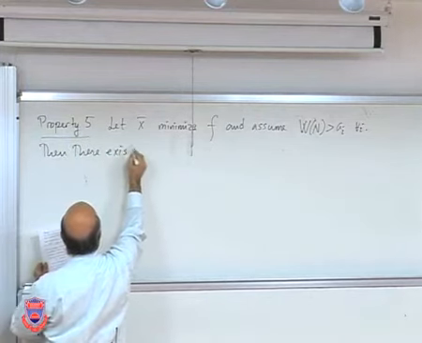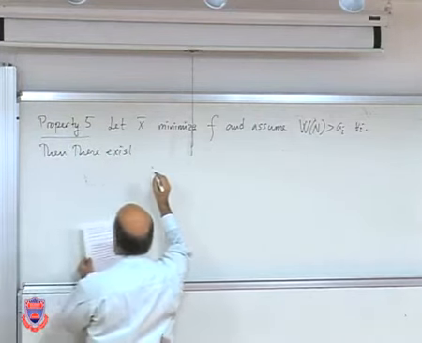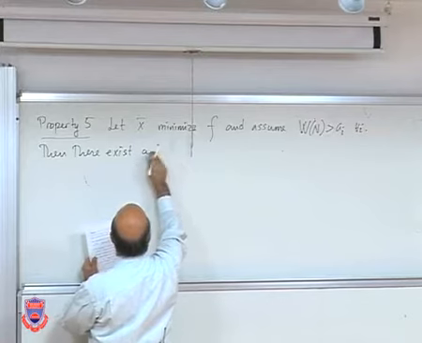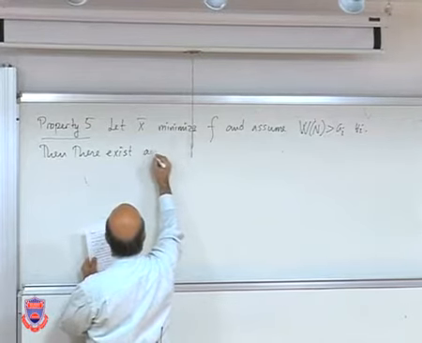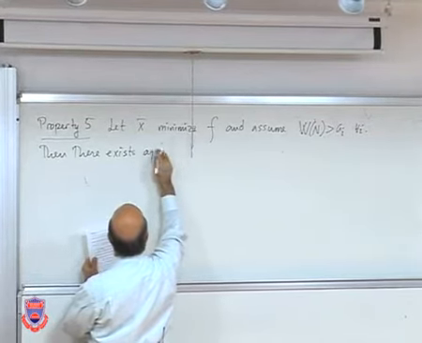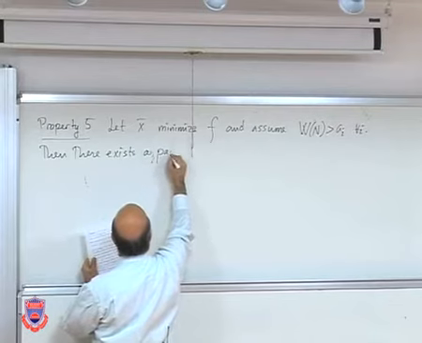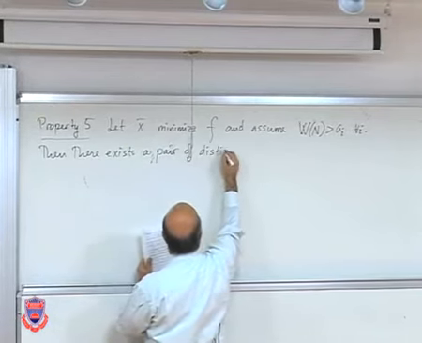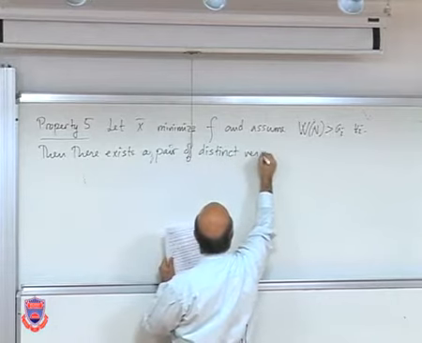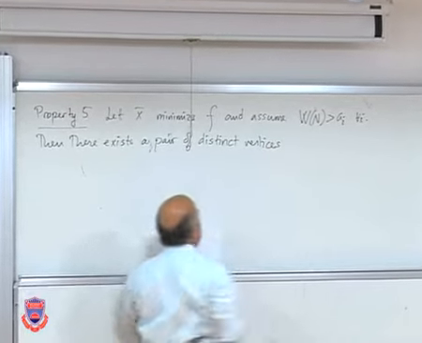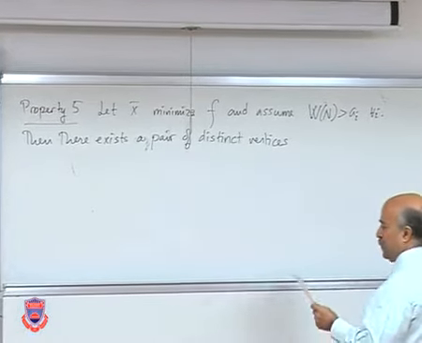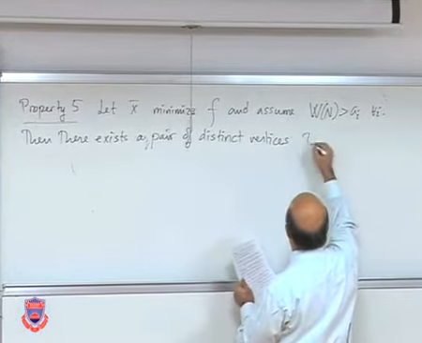And there exists a pair of distinct vertices. Distinct means different, right? Distinct vertices Vs and Vt